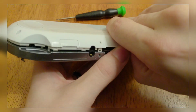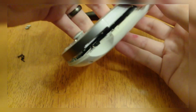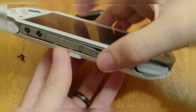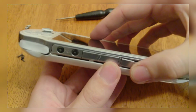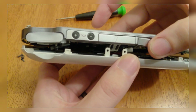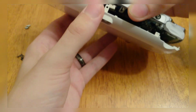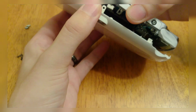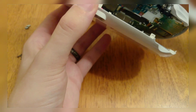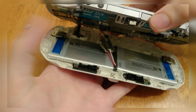Now, into the fun stuff. Now, these speakers are not attached. They're just kind of floating, so I don't really know what to expect, as when I closed it, I just kind of had to sit them in there. Okay. Oh yeah, there it is. Okay, so